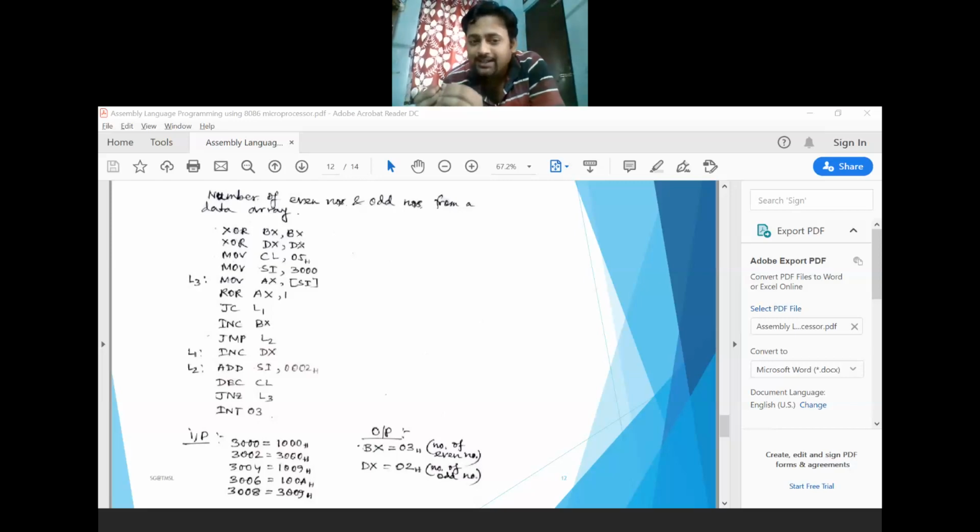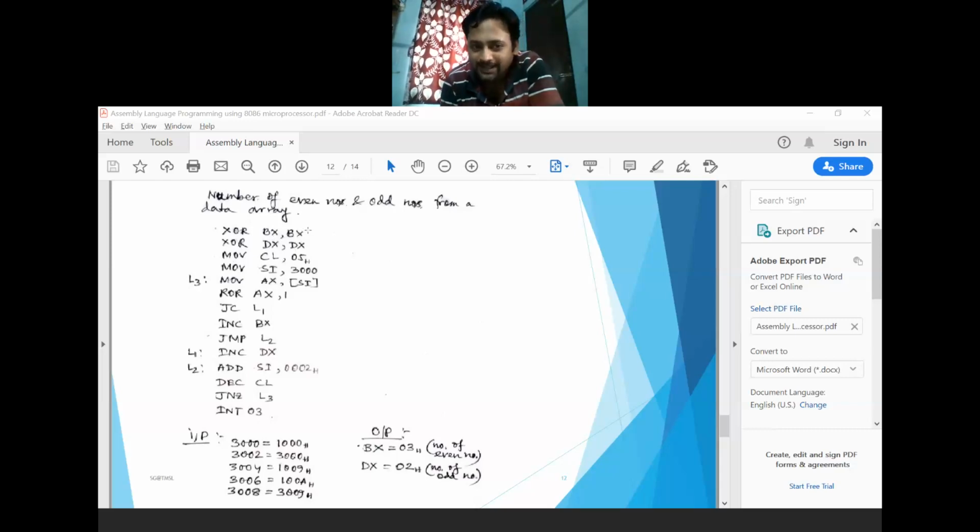I have cleared the content of these registers initially, so that no previous content would be stored here. That's why I have used the XOR operation. If some content is XORed with the same content, the result will be 0.